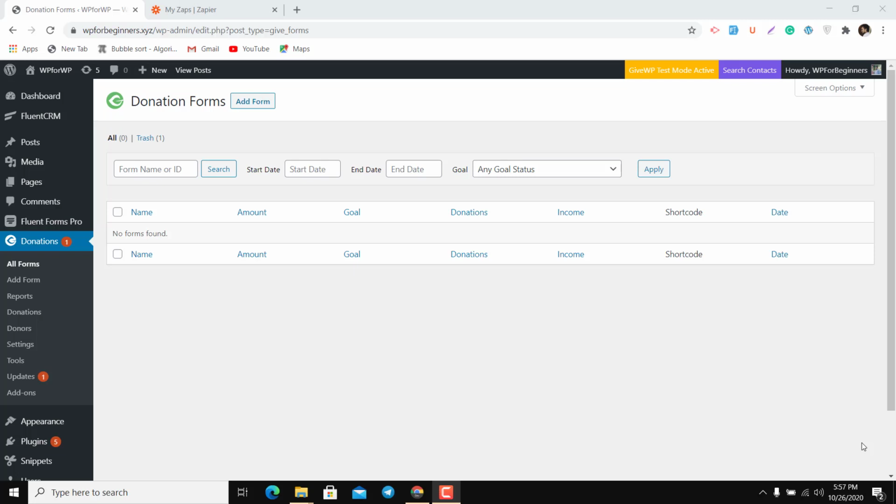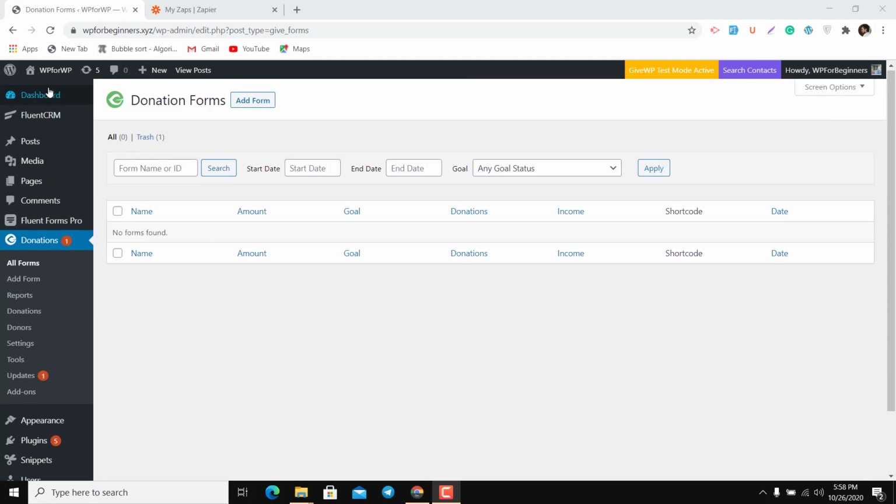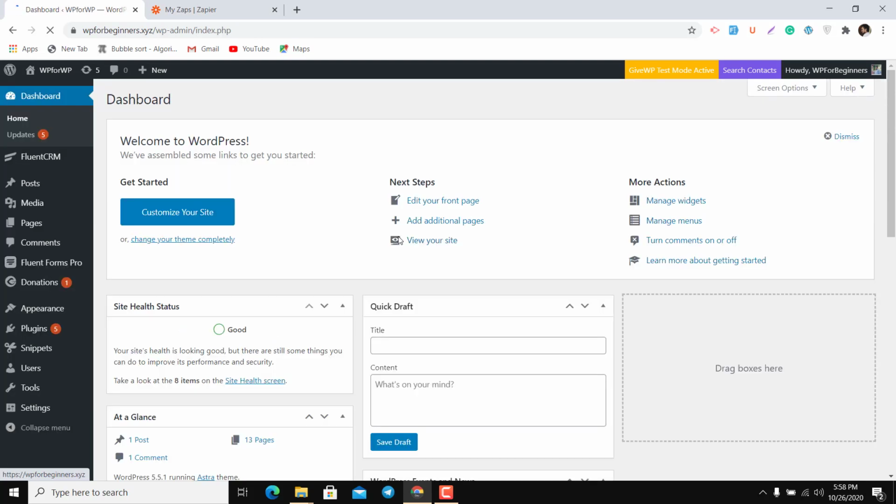In this video, I'll try to connect the GiveWP donation plugin with Fluent CRM via Zapier. We'll use Zapier as a bridge between Fluent CRM and GiveWP. So let's start by going into your WordPress dashboard, and from here the very first thing you will